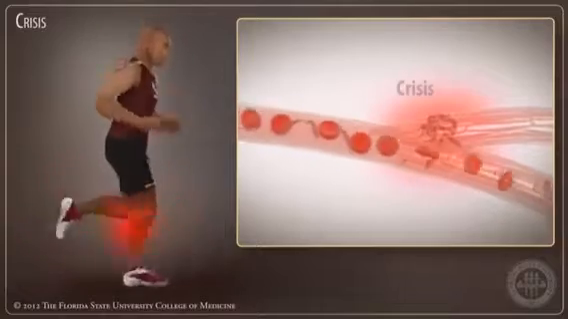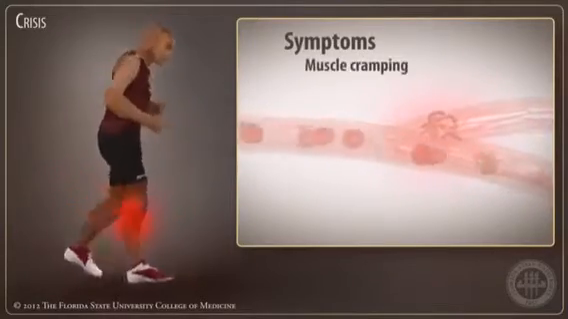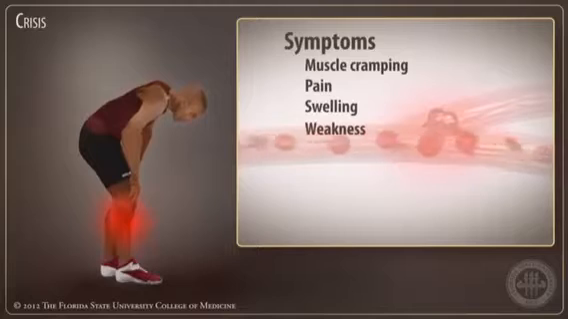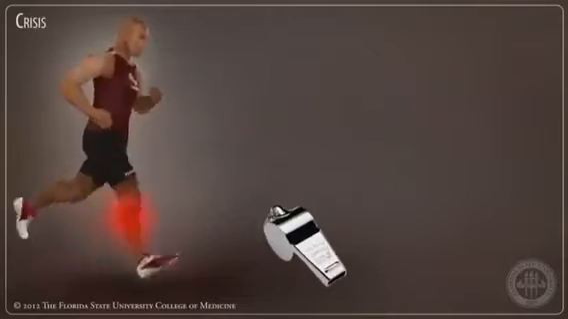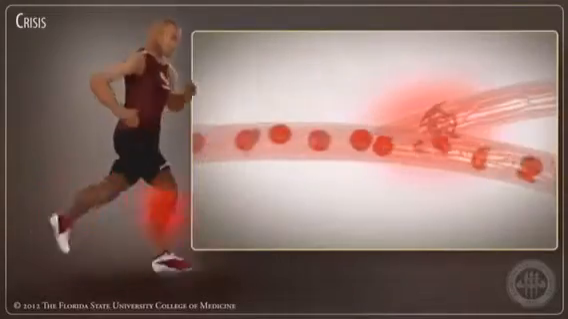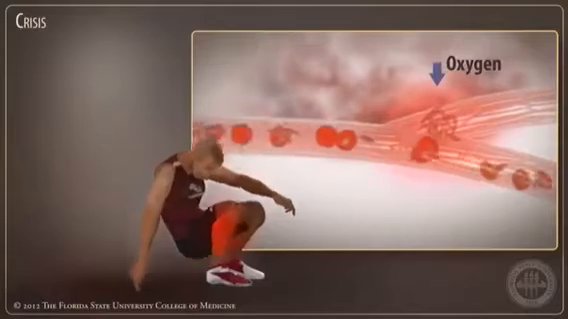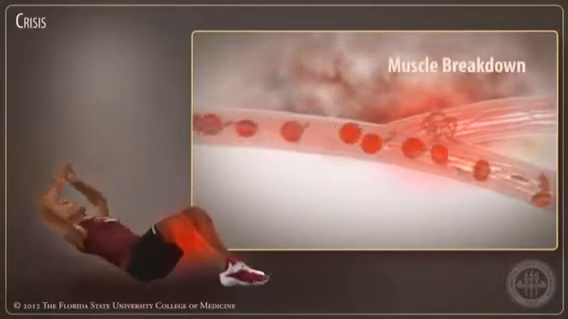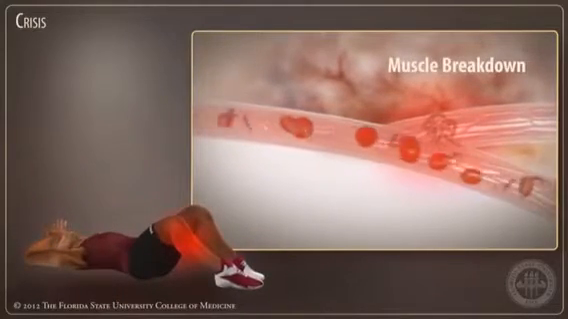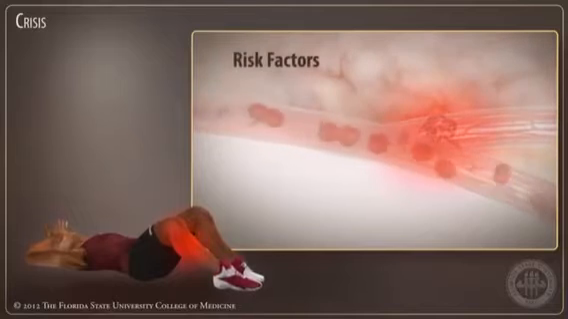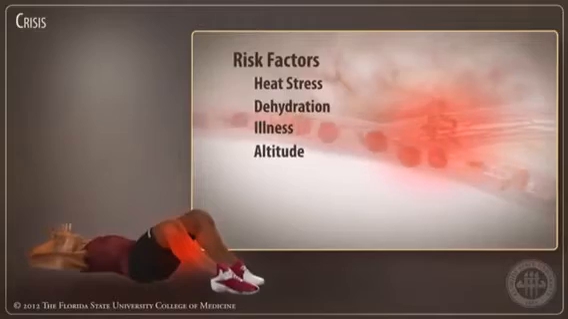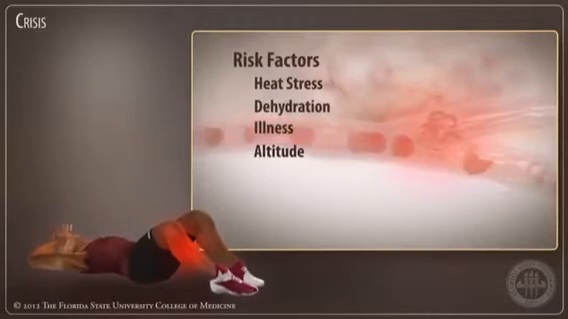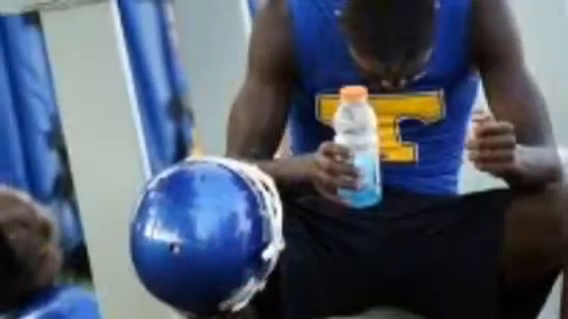During a crisis, the athlete can have muscle cramping, pain, swelling, weakness, inability to catch their breath, and fatigue. If pushed past the point of crisis, lack of oxygen can break down muscle tissue, causing harmful proteins to flood into the bloodstream and leading to severe kidney damage. When combined with environmental factors such as heat stress, dehydration, illness, and altitude, even death can occur. It is important to recognize